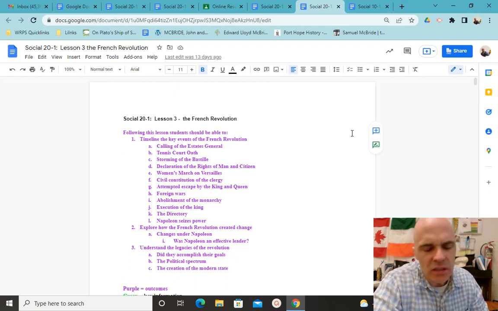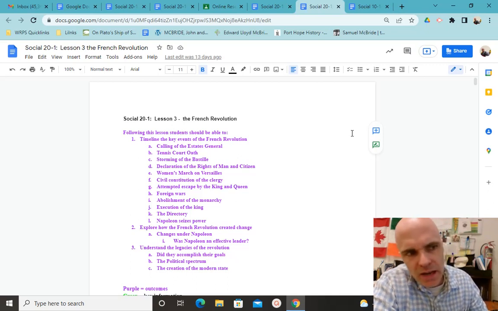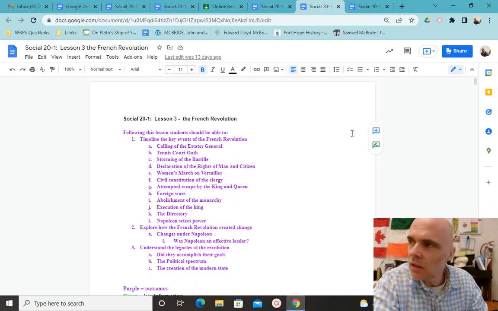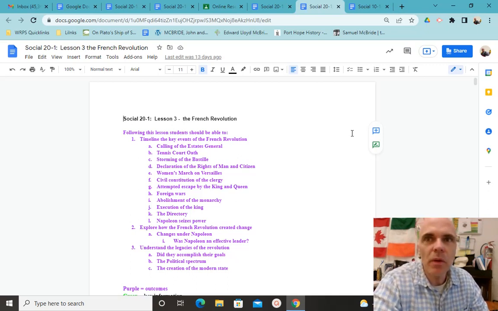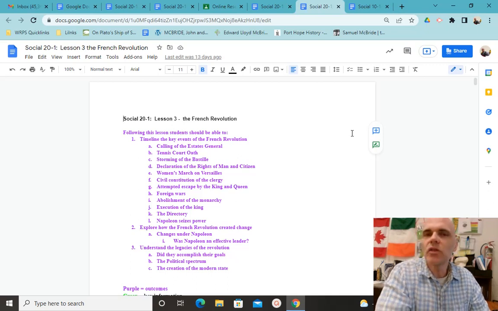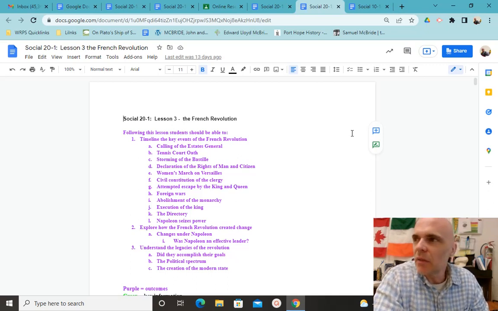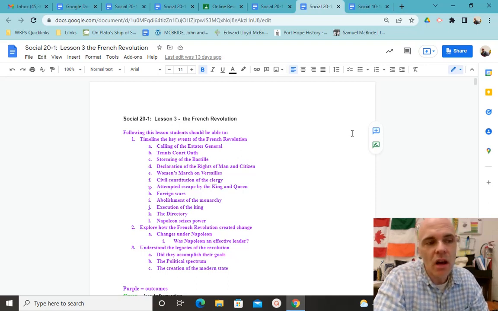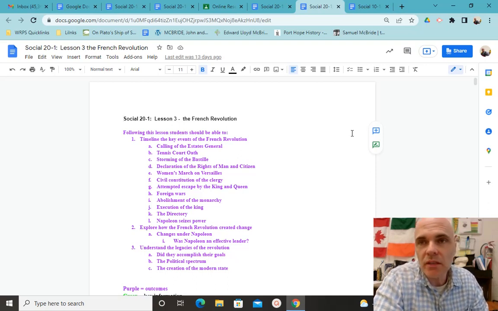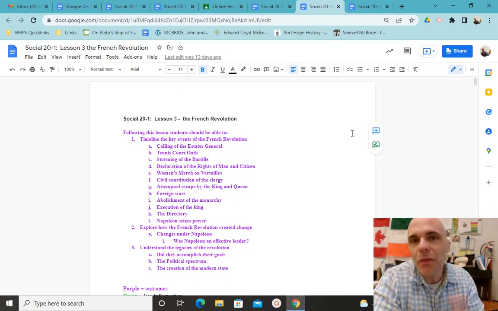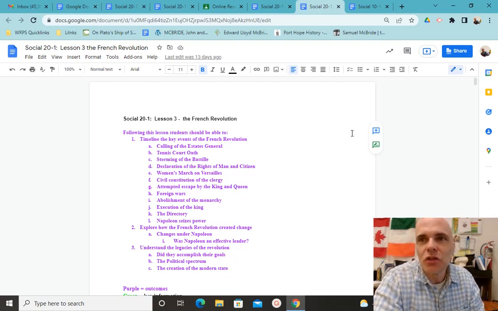But once they called the Estates General, what ended up happening was the members of the Third Estate, representing 97.5% of the population, had this moment of clarity. In this epiphany, they realized: why should people who represent 97.5% of the French people be one of three estates? The math doesn't really show that idea of equality of political voice.